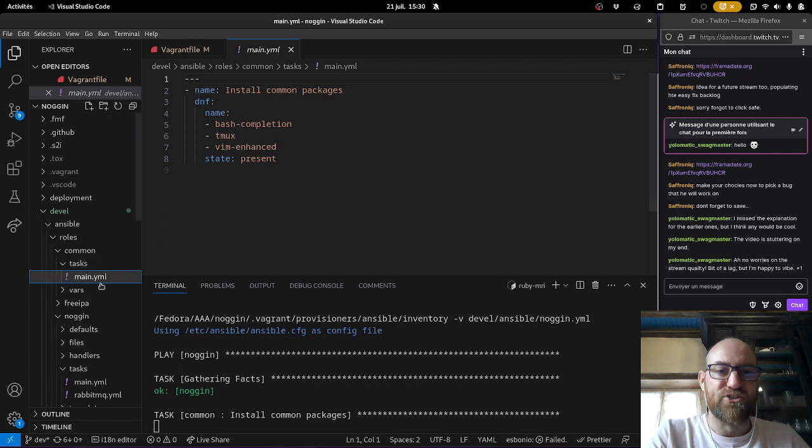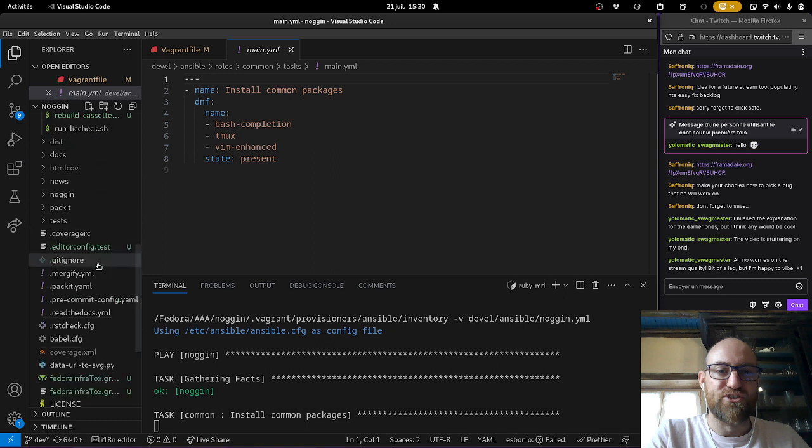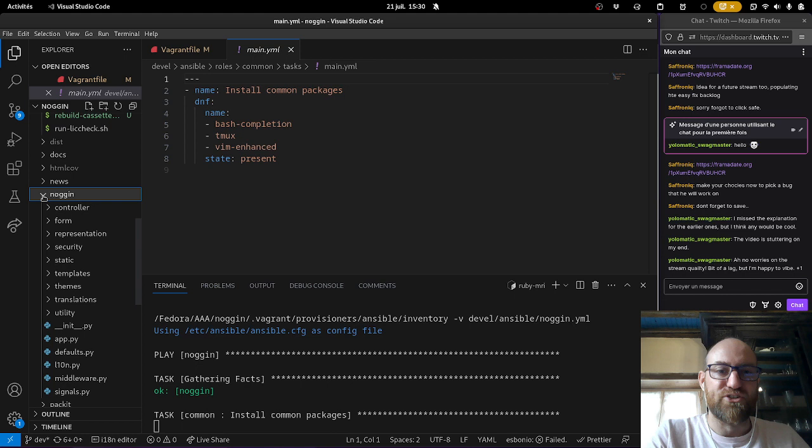So let's have a look at the code, see where the error could come from first. Even if we haven't reproduced it yet, we can try and figure out where this might come from. The Noggin code is separated into controllers and models that are the representation. Well, not exactly, but still. Let me explain that.